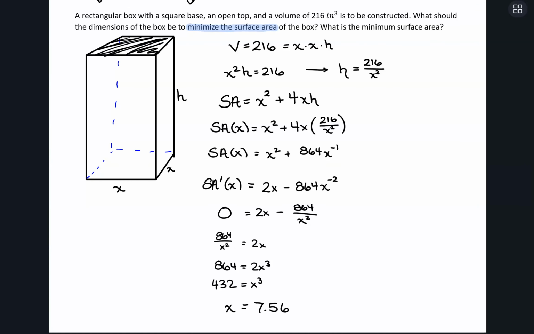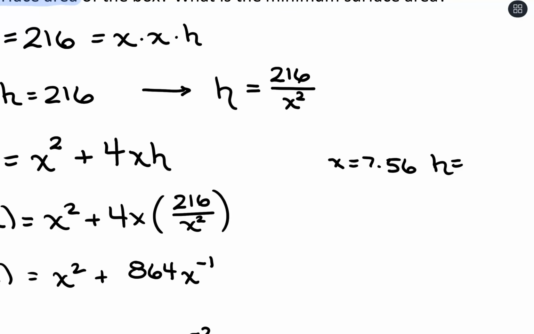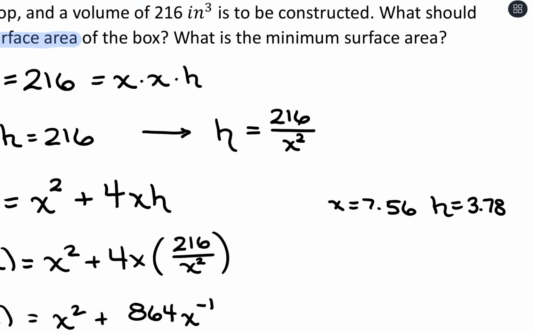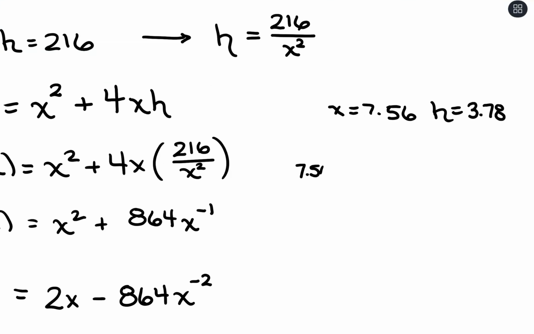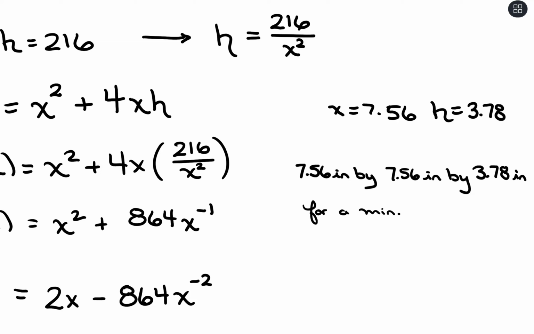All right, so our question is, what are the dimensions and what is the surface area? So we know x is 7.56. So that means that h is going to be 216 divided by 7.56 squared, and that's going to be 3.78. So the box, our units are inches, so it's going to be 7.56 inches by 7.56 inches by 3.78 inches for a minimum surface area